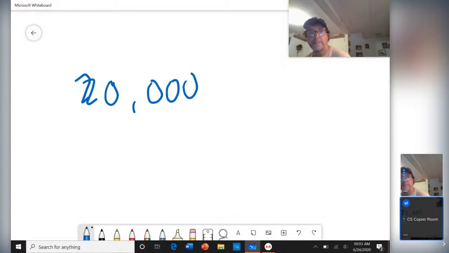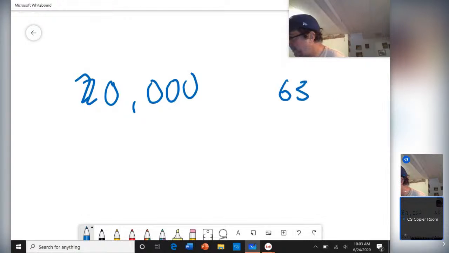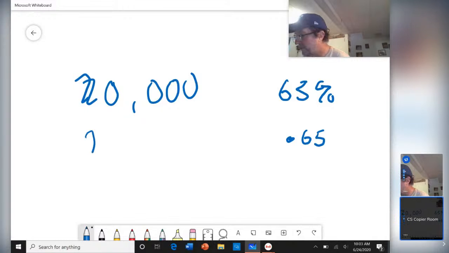If she spends 65% of her salary on expenses, then how much does Nancy have to spend on expenses? So you do 20 times 65%, which is 0.65. So if you do 20 times